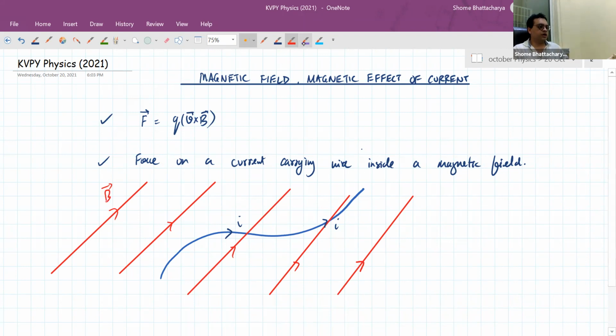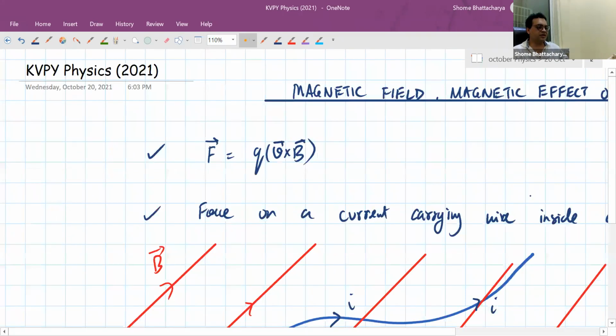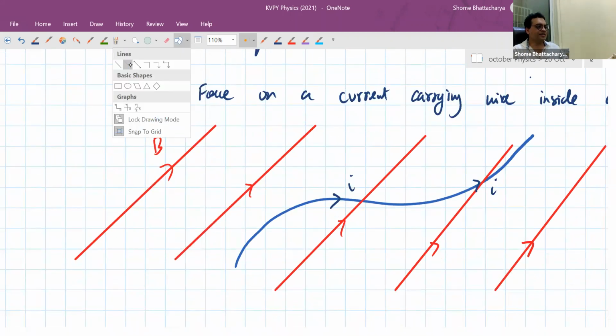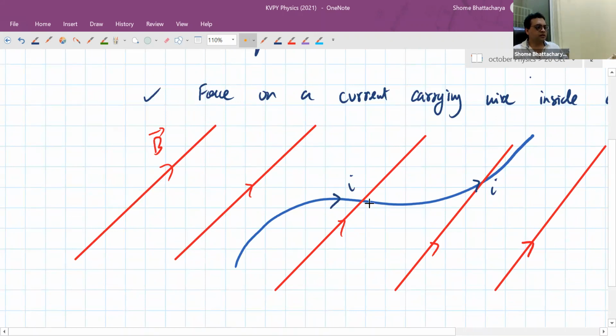Now, to calculate the force on the whole current carrying wire inside this field, we first have to analyze a section of the wire. We analyze what is called a current element. This becomes important to understand. We define a new quantity called a current element. A current element is basically a differential length element of the wire, but it has dimension of length into current actually. I'll explain in more detail what this means.